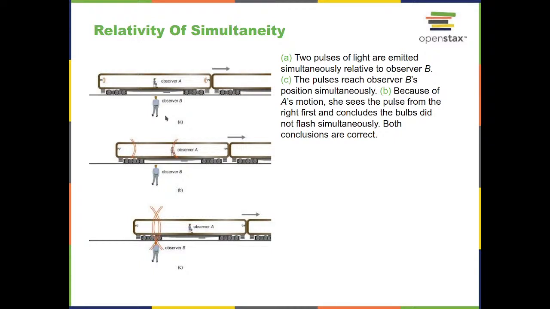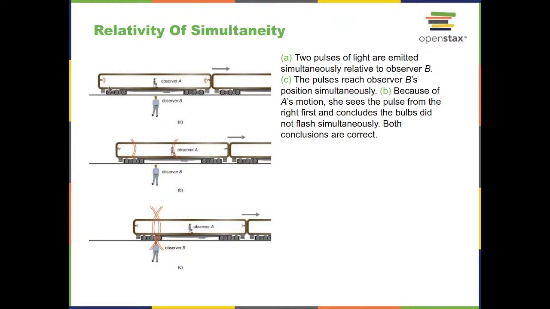As seen by observer B, the light that was emitted at these times, at equal distances from observer B, is moving towards observer B and arrives at observer B at exactly the same time, right? So observer B sees both of those flashes at the same time and concludes that they were emitted at exactly the same time, because at the time when they were emitted, observer B was at the same distance from both of the sources of the light. So observer B thinks that the light was emitted at the same time.